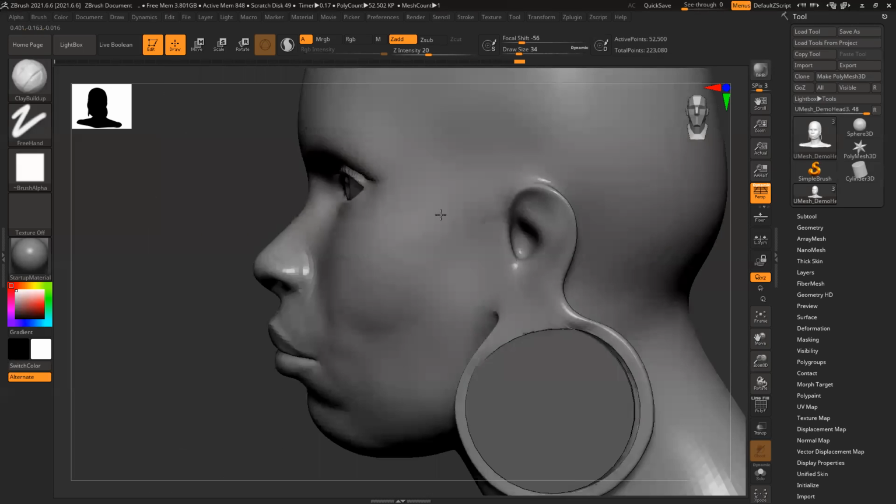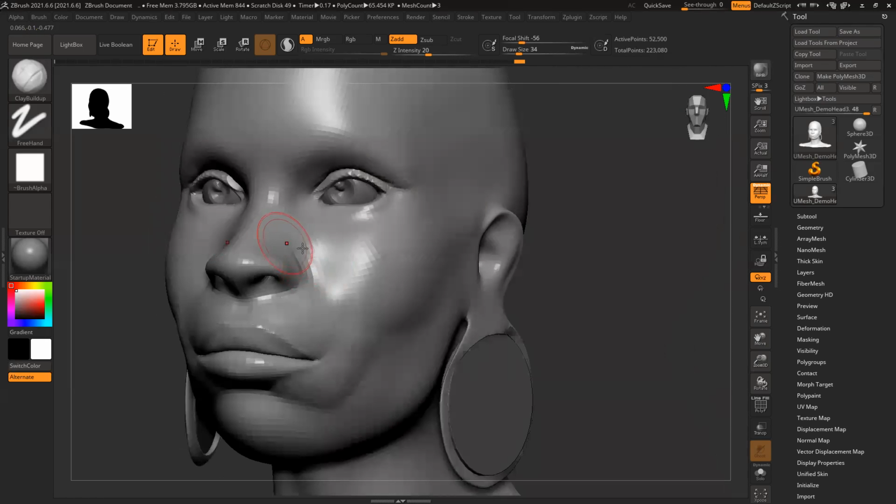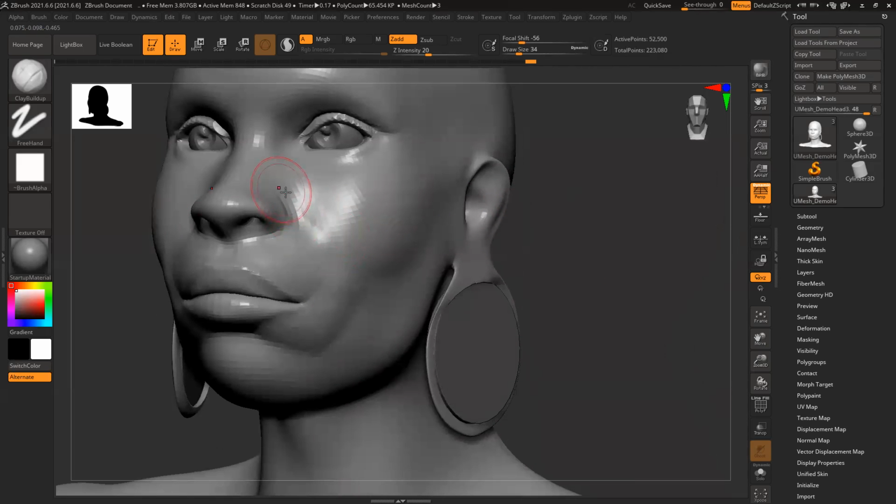So basically, a few things. Nose. Whenever we create a nose, next to the nose there's a depression. This goes slightly inside. So if you make it flat, it will look odd. The slight depression, and I can definitely add more polygons. I use Damson and create it. Don't do it initially. Detailing is the easiest part of sculpting. Get the shape right first, then add detailing, because detailing will be using alphas and all, which is super easy.